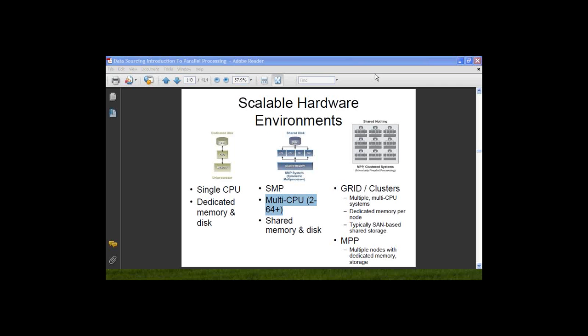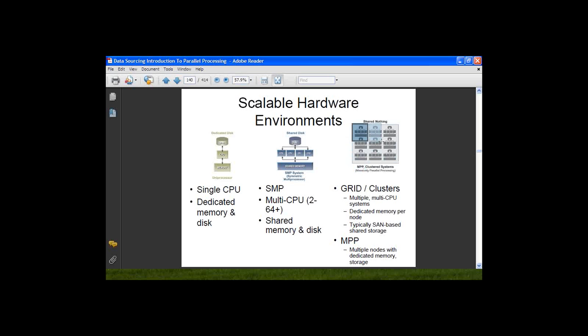To do that, we can add multiple physical boxes. This whole thing is one physical box which contains n number of CPUs. But in MPP, which is massively parallel processing,